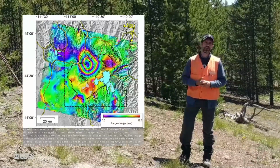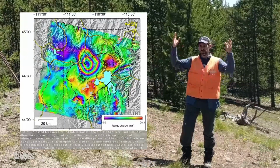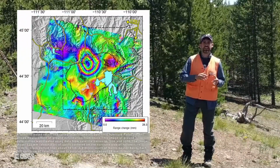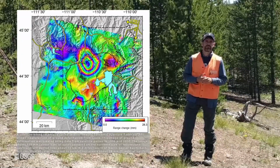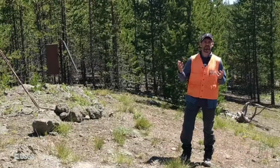This was first discovered in the late 1990s with InSAR, that technique I mentioned earlier that uses satellite radar imagery to take a deformation picture of the ground. Now, this picture spans the late 1990s to the early 2000s and shows uplift in the Norris area. These colored fringes indicate uplift. Now, there were no GPS stations in the Norris area at the time, so we wouldn't have known about this